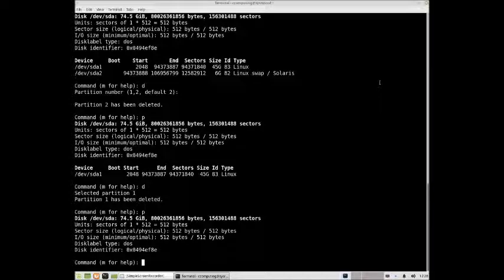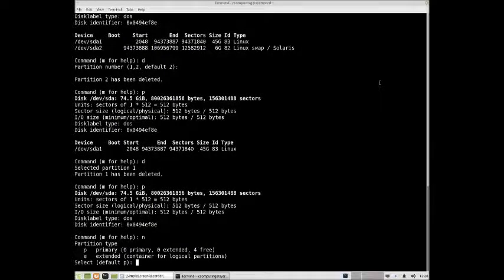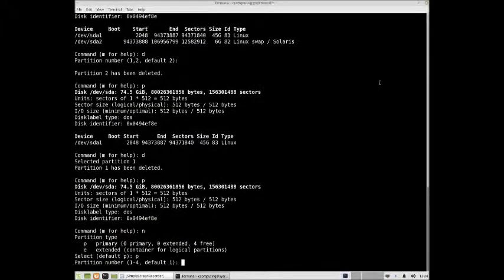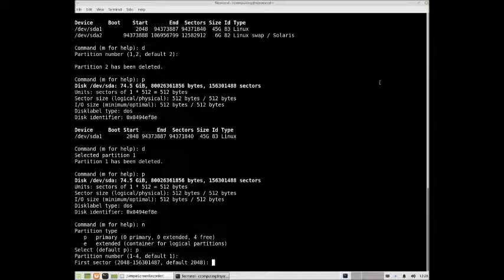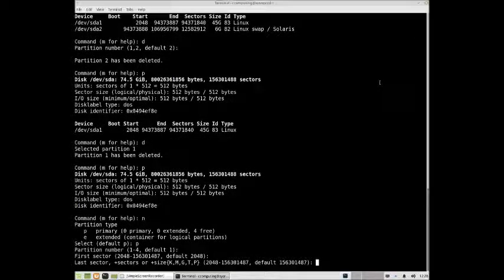Now I'm not going to make a new partition table because I know this one's good because I did it yesterday. So what I'm going to do is just make new partitions, and the letter for that is N. P for primary partition. I'm using an MS-DOS partition table which allows for 4 partitions, but I'm only going to use 2 because it's going to be the only operating system on the computer. So enter first, enter again, and then